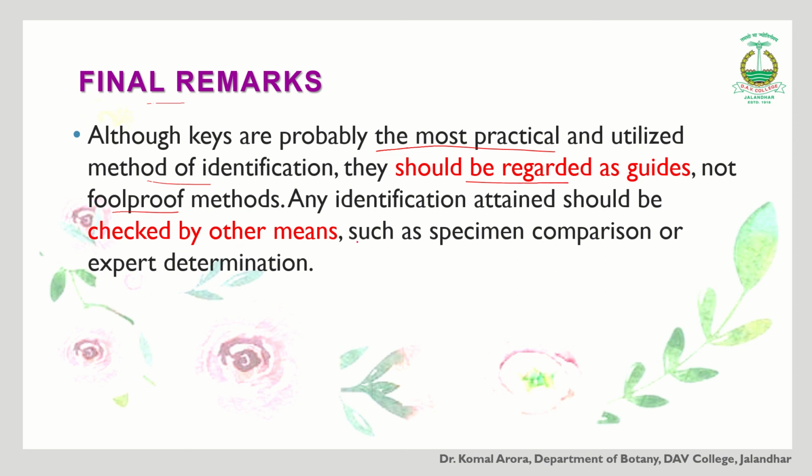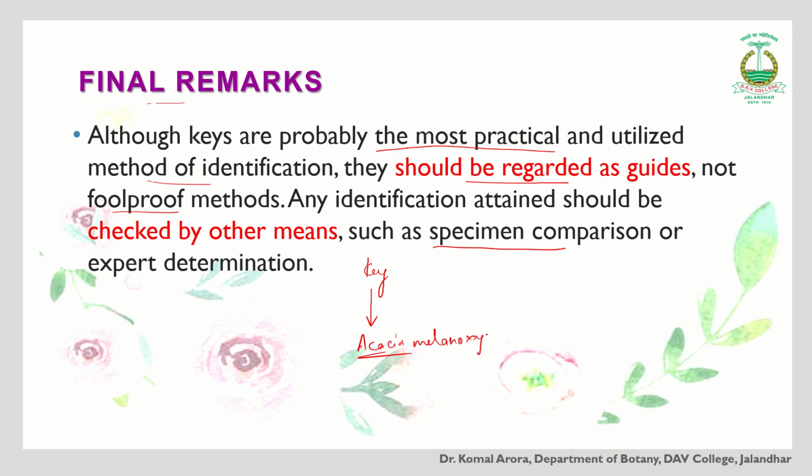What are those other sources? Like, you can have a specimen comparison. You have a standard voucher specimen deposited in the herbarium, what we have studied as a holotype, as syntype. So you can refer to those species. You can match your specimen once you have completed the identification from a library. Let's suppose you used a key and you reached the status that okay, my plant is Acacia melanoxylon. It is just an example.